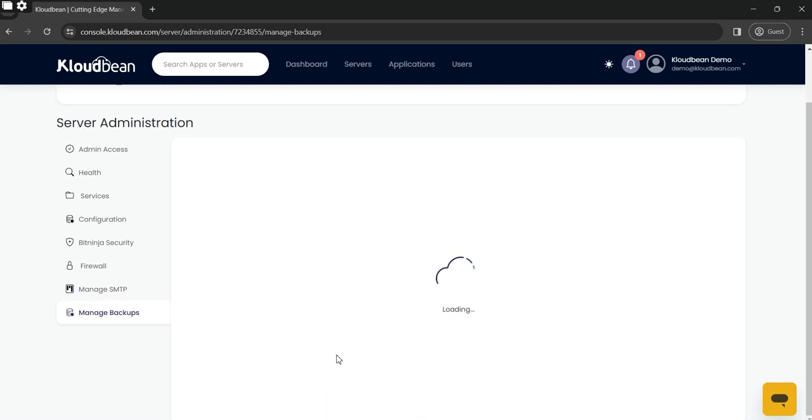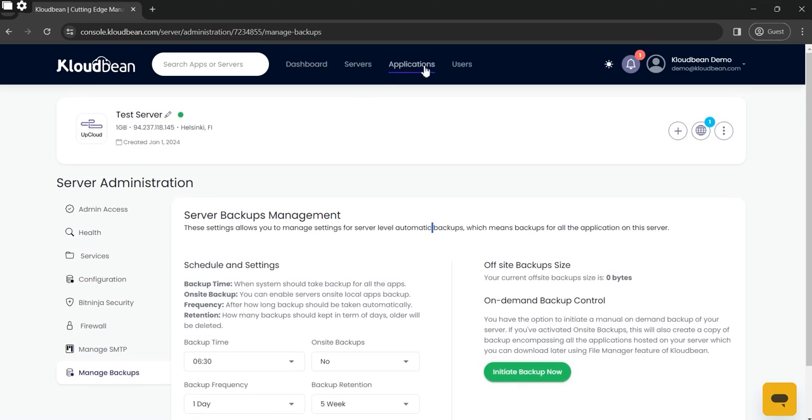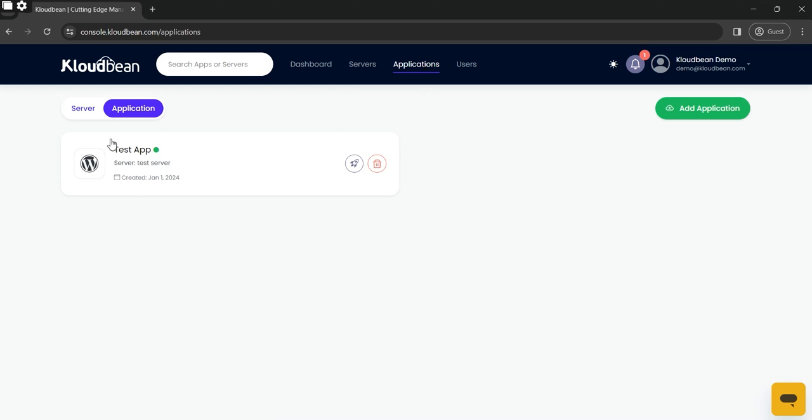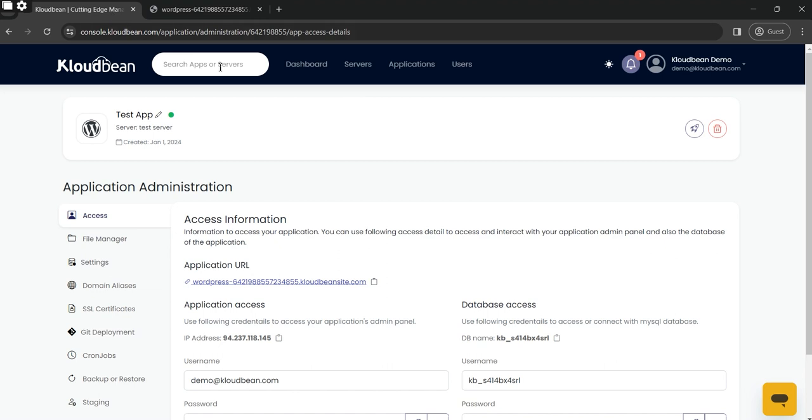So these are the settings available for the server part. Now, let's navigate to the applications. Now we can see our WordPress application on our dashboard. Now let's click on the rocket icon to visit our website, which we can see has loaded in less than 1 sec. Moving back to see application settings, here all you have to do is select the application,